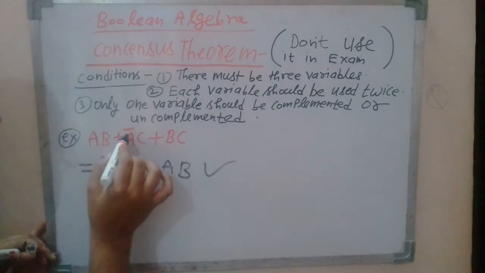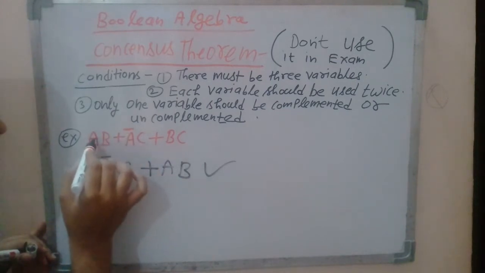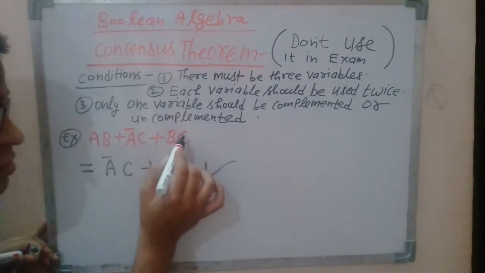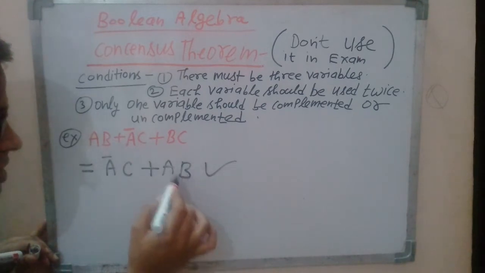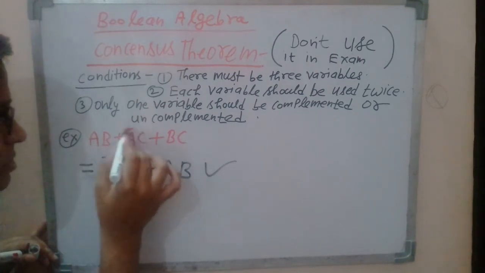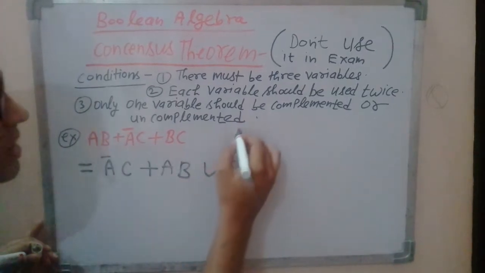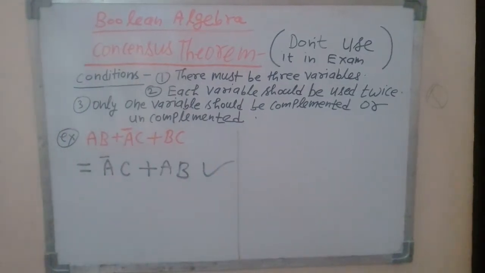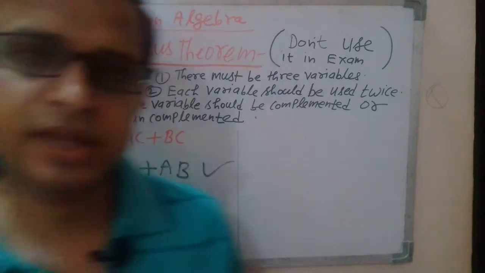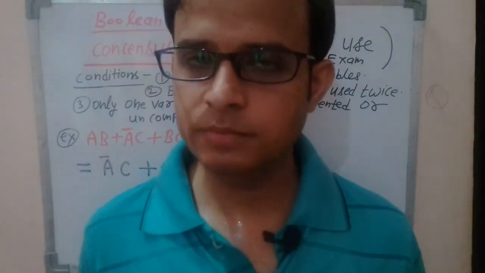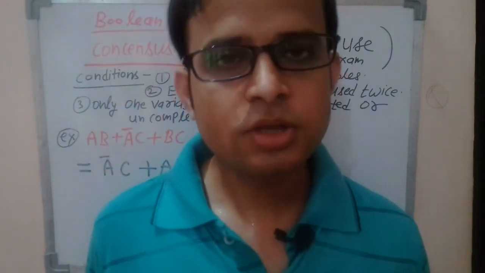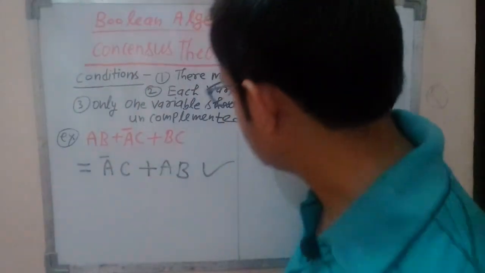Because A is coming here also. A is not coming here in BC, so don't write BC here. A bar C and the related term of A bar C is AB. So A bar C plus AB is the answer. Yes, this is the answer. Now I will verify. Yes, question is over. Within 2 seconds you can write this answer. Now see here,